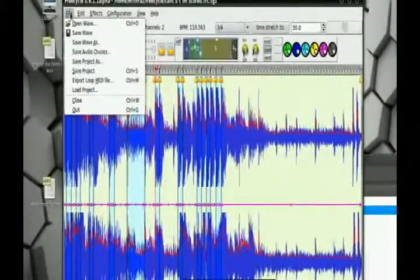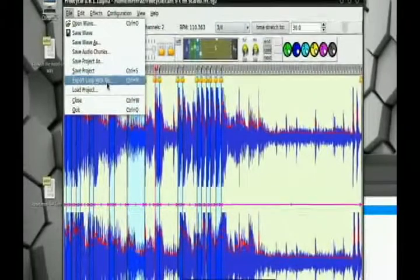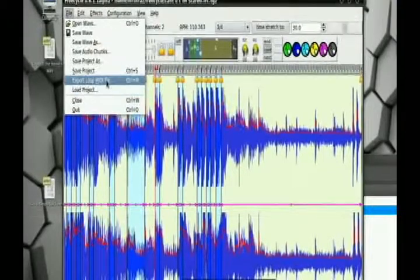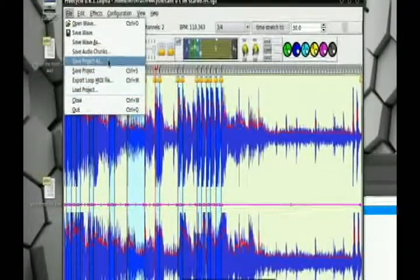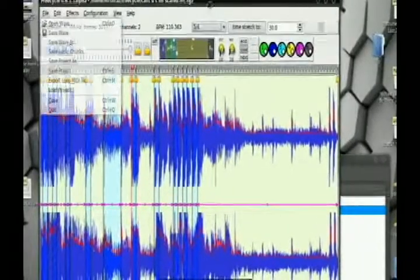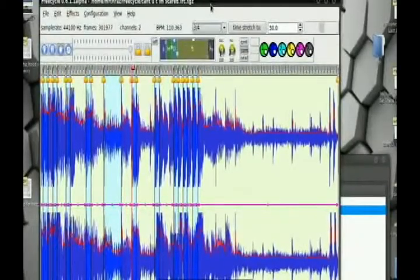do they call that? If you want to export it to a MIDI file, or this even will export sampler files for Akai, the different Akai samplers and whatnot. So